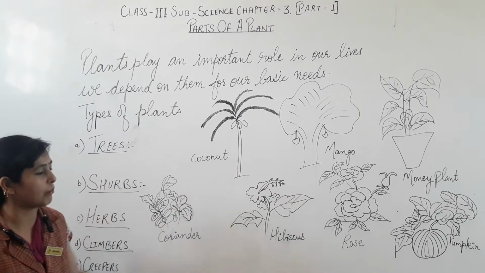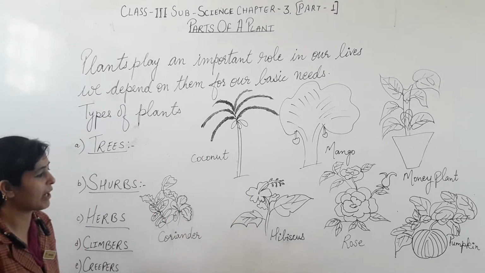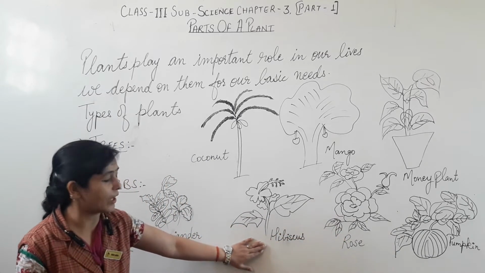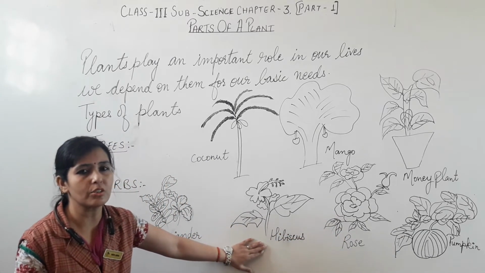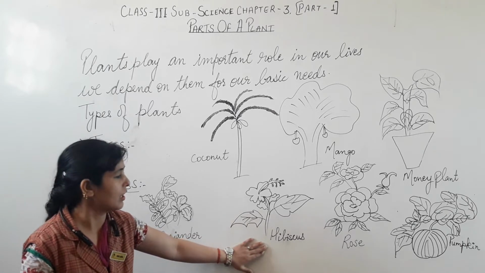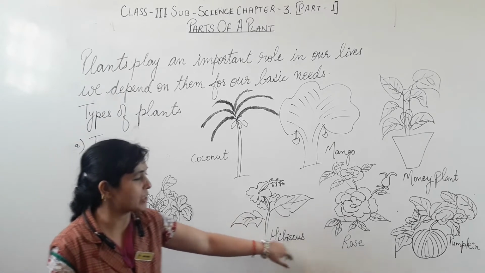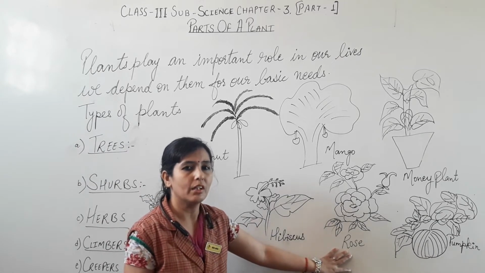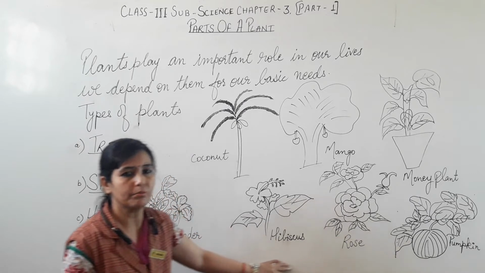We can say the medium sized plants, like those of rose. You can take the example of hibiscus. These are short, medium sized plants. They form a bunch of flowers. An example is hibiscus, it is rose also. You can take some more examples like sunflower. It is also a shrub.